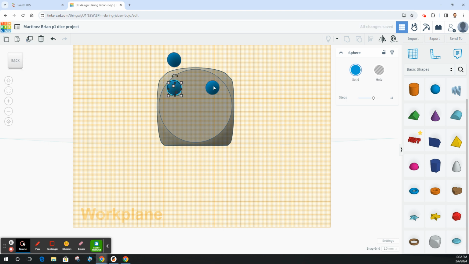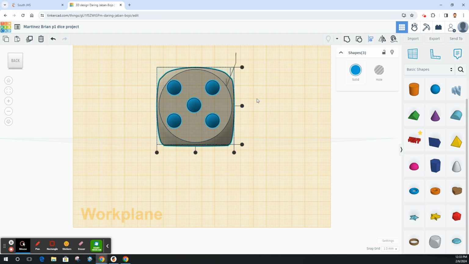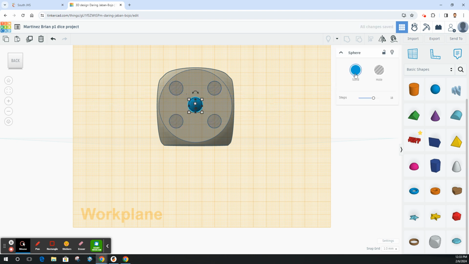Okay, and then what I want to do is I press Shift and I click these two and I group them. That way when I duplicate them, now I have 4, and then I want to group those. So those 4 are grouped. And now with those 4 grouped, I'm going to try to drag this in as close as I can to being centered. And now I'm going to press Shift. I'm also going to click the center, and I'm going to click the dice. And then when I go to line them up, it's going to allow me to perfectly center all 3 of those objects. Click away, click on the blue dots, turn them into holes, turn the center one into a hole,